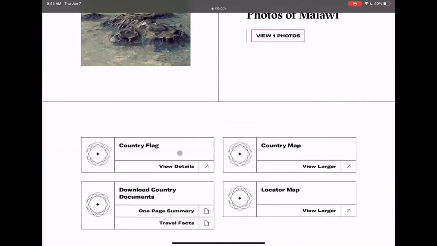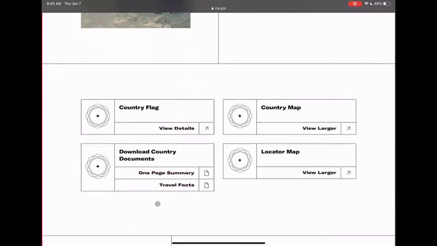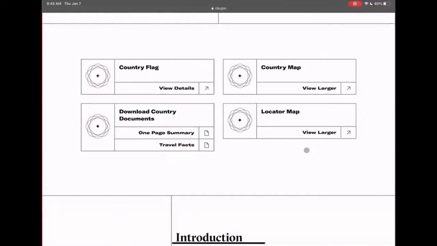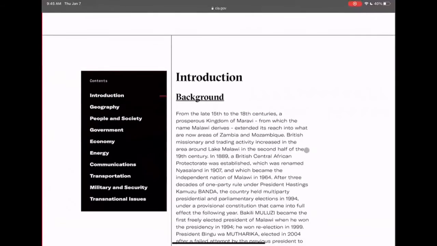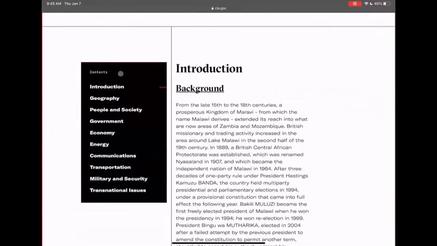If you look, country flag, country map, country documents, keep scrolling down until you see this page and you see contents. I need everybody to click on people and society, please. Let me know when you've completed it.